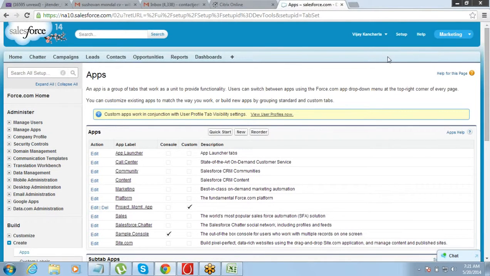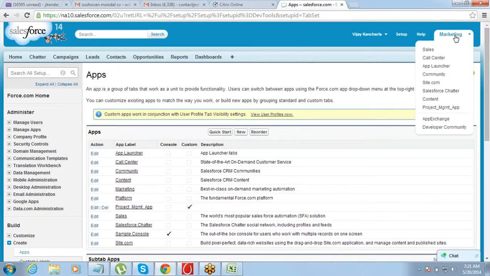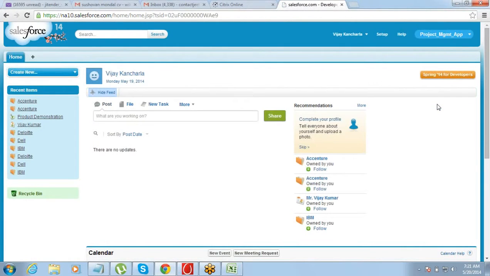So now my project management app that I created, the moment you have created it, you will see it automatically gets listed here in the apps drop down, top right corner. At this point of time, I did not add any of the tabs there.